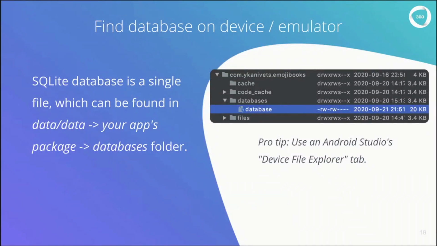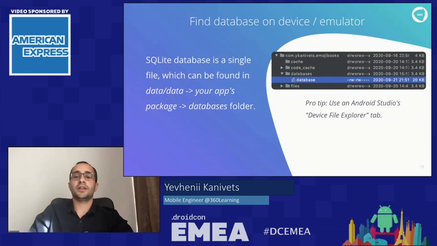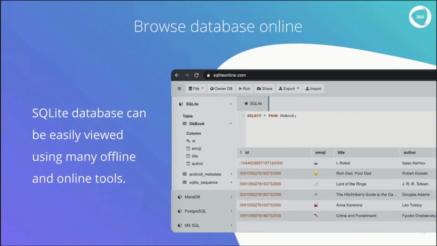But what I like the most about SQLite is that the database is a single file, which can be found under data, your app package name, databases folder. You can use the device file explorer to get it from your device or emulator. Or basically, you can find it on device and send it in any messenger. You can easily replicate the database with SQLDelight if you know the schema